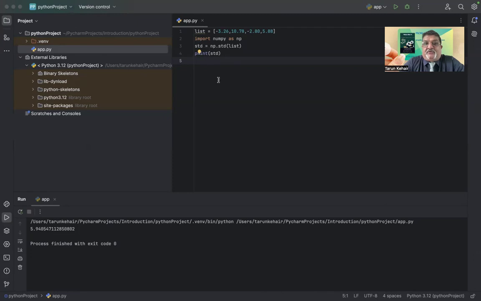Third, you define that you want the standard deviation, and I'm defining STD first. STD is nothing but, in the NumPy library, we take the standard deviation of the list which we have already defined above, and then print the STD, which means print the standard deviation which we just defined. And once we do that, I just press Control Option R, which is the run function, and you will get the standard deviation here, which is